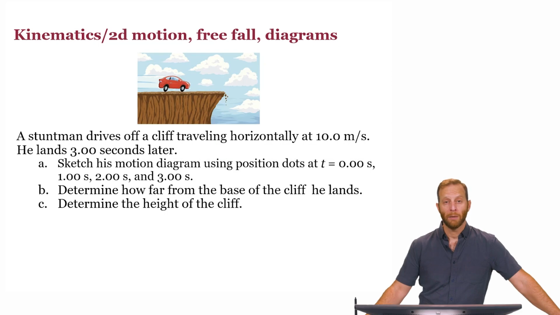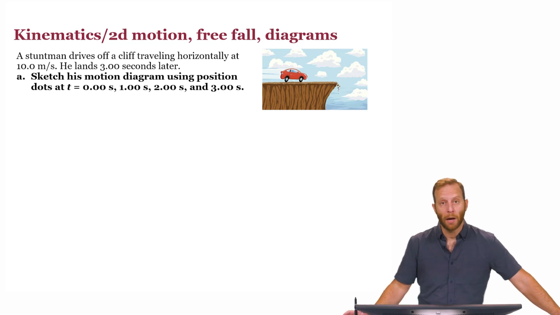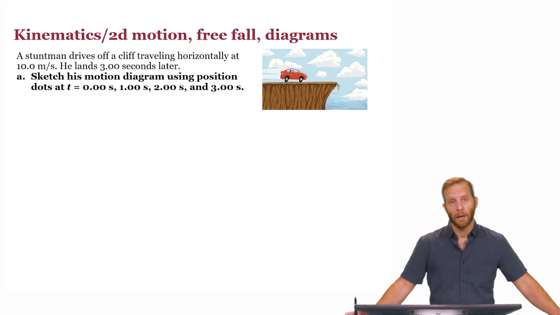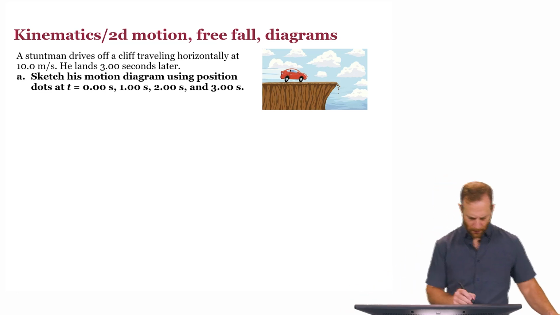A stuntman drives off a cliff traveling horizontally at 10 meters per second. He lands 3 seconds later. The first thing we'd like to do is sketch his motion diagram using position dots at 0, 1, 2, and 3 seconds. Well, let's go ahead and draw a cliff